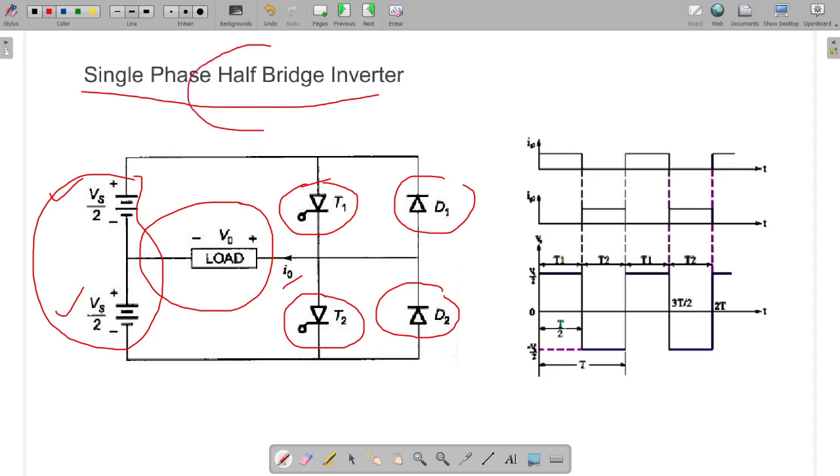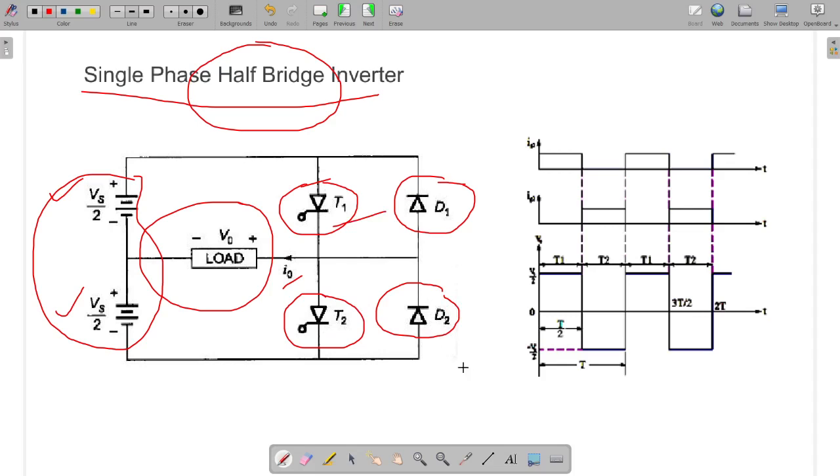Why is it called a half bridge inverter? Because if you give a complete DC input, only half of the input is converted into AC at the output. It is a variable AC, so that's why it is called half bridge. The first leg is operating and the second leg is in a non-operating state. Both thyristors are forward biased, and triggers are given so that T1 and T2 conduct one at a time. So it consists of two SCRs and two diodes.